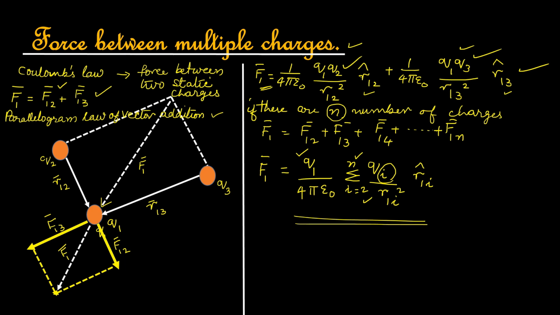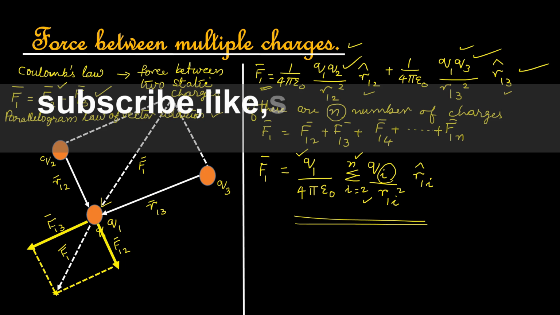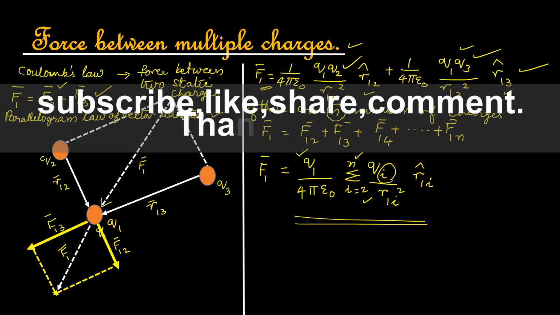Okay. So we have derived an expression for force between multiple charges in a very simple way. Now coming back to the diagram. Force on Q3 due to Q1 and Q2, and similarly force on Q2 by Q1 and Q3 can also be determined in this manner. You know, the formula can also be written as Q1 by 4 pi epsilon naught sigma Qi by R1I raised to 3 into vector R1I, which is direction of the resultant force.